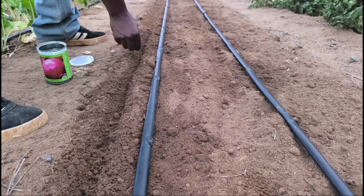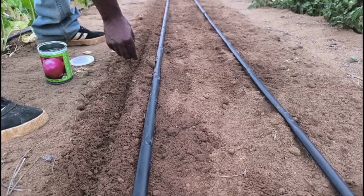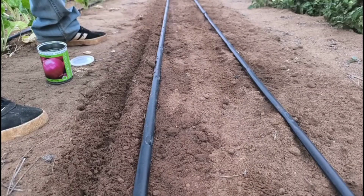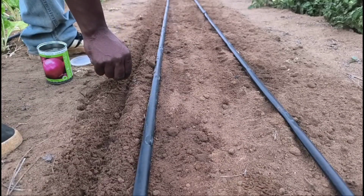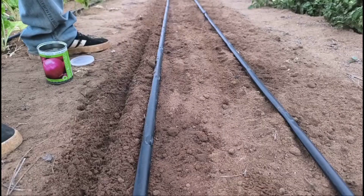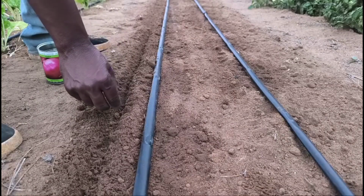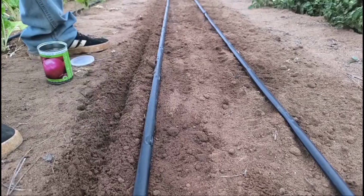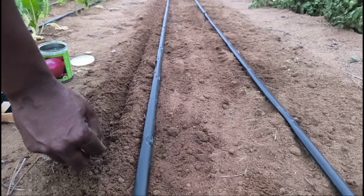I will need to water this as well. So I will let the drippers run once I'm done here, and then tomorrow, depending on the progress here, if I'm not satisfied with what I will see tomorrow,